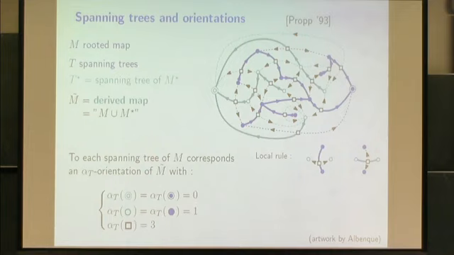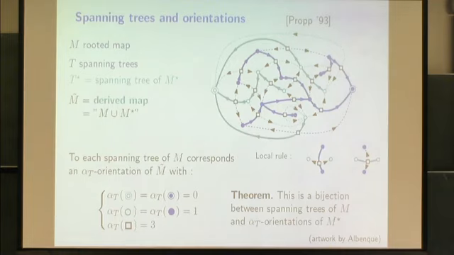In general, what you get is that if you consider the unique outgoing edge from every round vertex, and the unique entering edge at every square, then you get a collection of dimers that cover the map. And this is the standard relation between spanning trees and dimer configurations on plane graphs. Okay, so this is a bijection